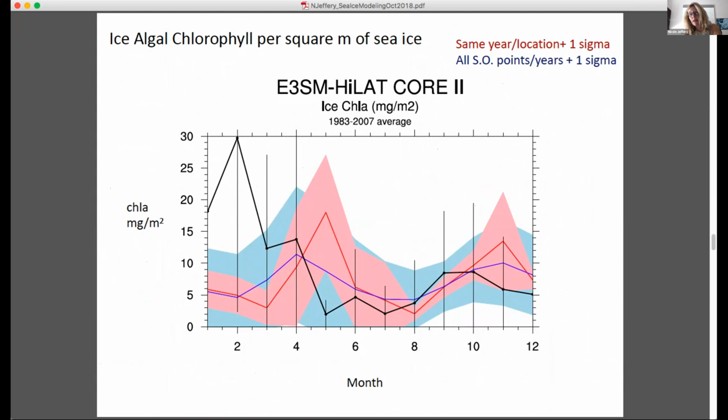Okay, so when we do climate work, we want to say something more general. We want to say something about the climatology of the system. And so what I've done here is I've taken the ASPeCt data and I have a seasonal cycle. The black line is the ASPeCt data, and the thin vertical lines show that there's quite a large standard deviation in that data. The red line is the model using the same points as the ASPeCt data. The blue line is using all of the sea ice data in the Southern Ocean. And so we do a fairly good job for a good part of the year, but then we have this bias in February and January where we're not getting those high values.